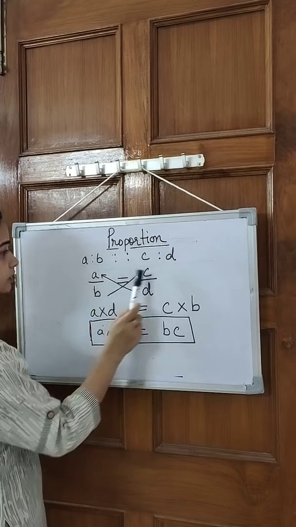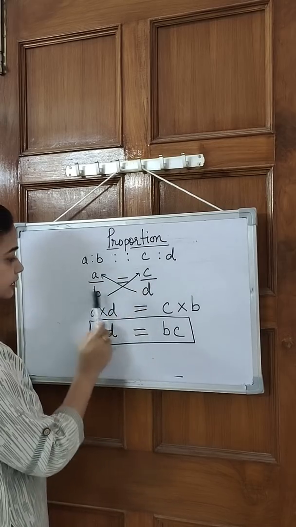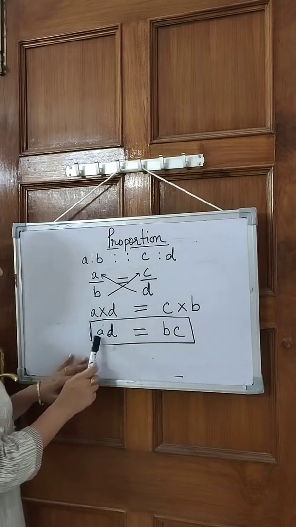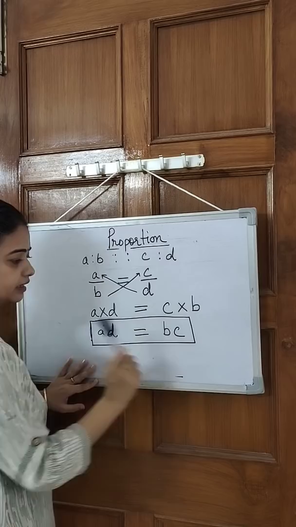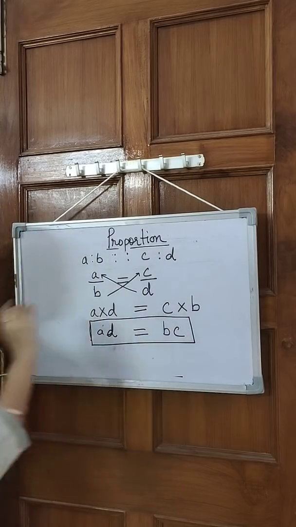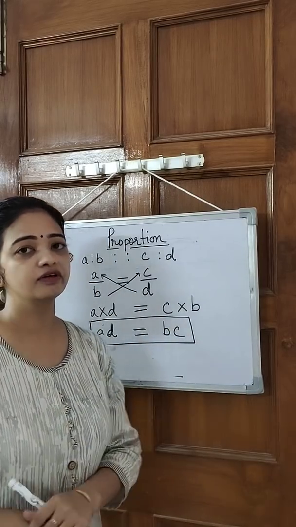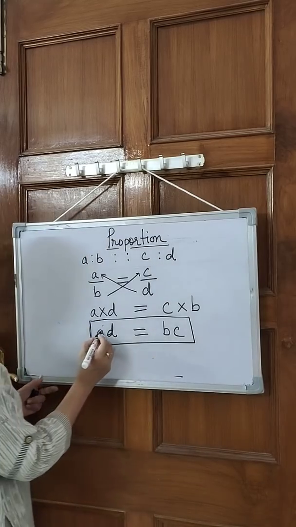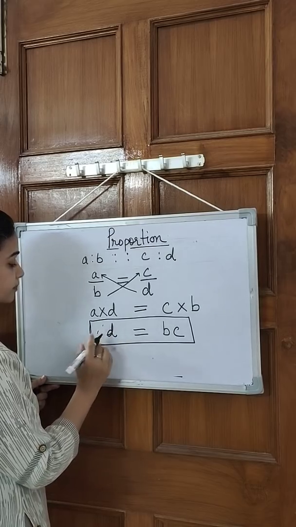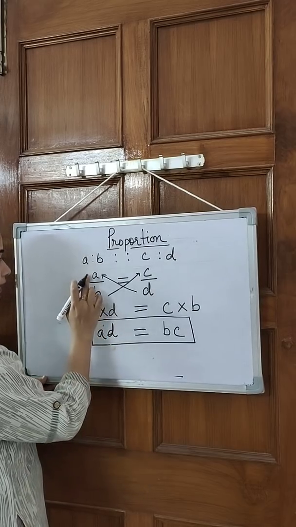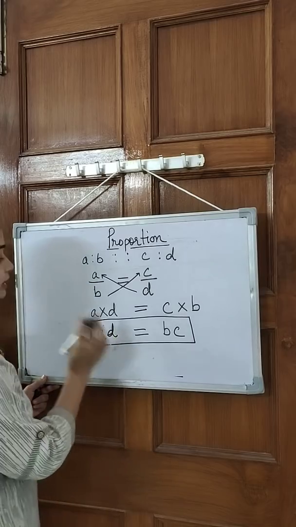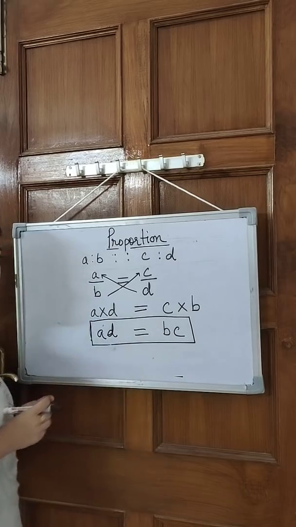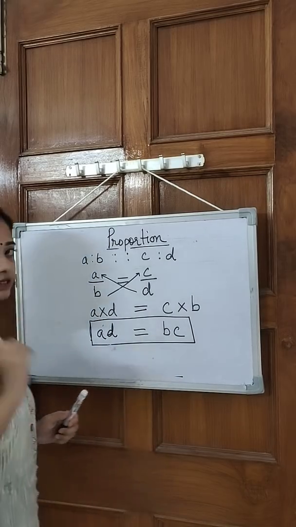Okay, so what we have done with this, that this is in ratio, this is in proportion, I am saying. So I have converted it in division form, then I have cross multiplied. So this D is here and this B is here. Now I have got A multiplied by D and B multiplied by C. Now this is one way with which I can check whether the given ratios are in proportion or not. If I have 4 numbers, I take A and D of that number, I multiply them. I take B and C of that number, I multiply them. And if my answer is coming same, then I say that yes, they are in proportion.